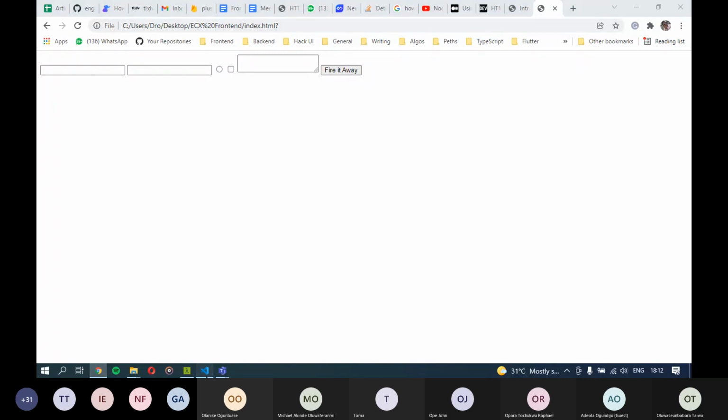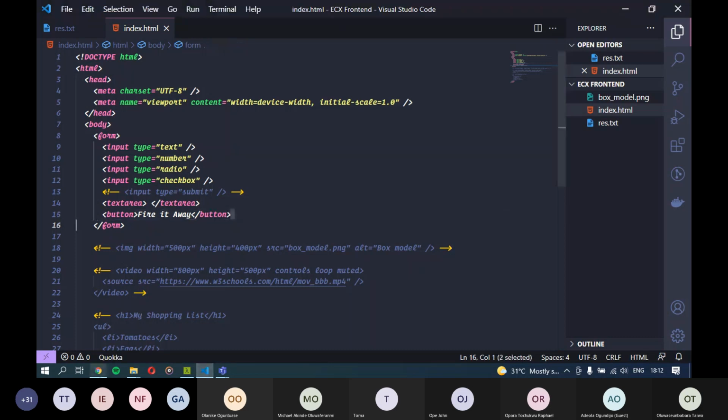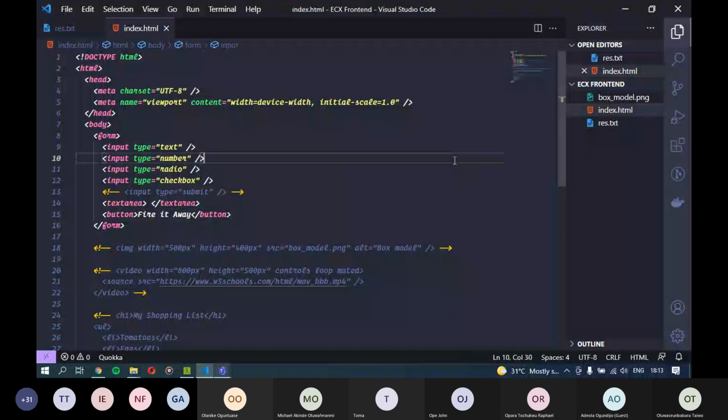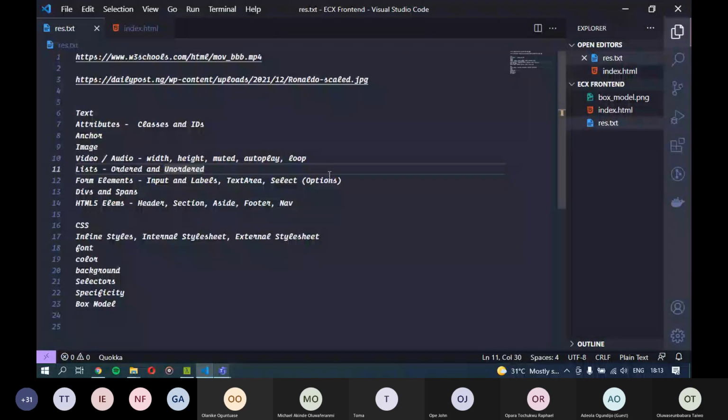So I think for now, we've covered most of the basics of HTML. One of the main things that you have to realize as a developer is that you can never stop learning, because most of the things I touched on today, I touched on only briefly because we don't have that much time. I would advise you guys, in your own time, go ahead and open Google. Google is literally your best friend.